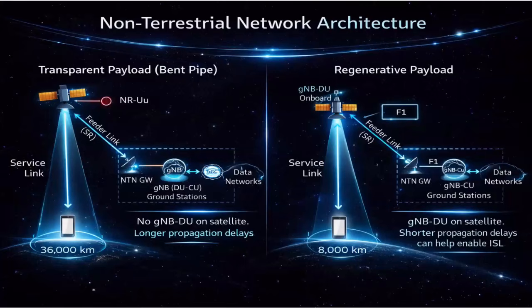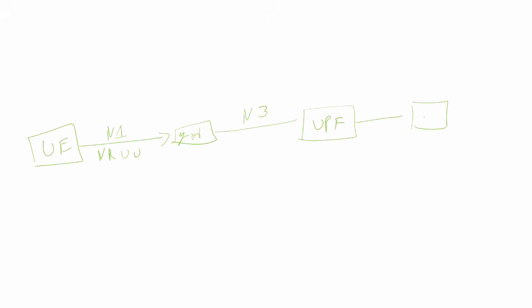Before explaining this figure, let's recall 5G architecture at a high level. You know very well that in 5G we have the UE. The UE is connected to the gNodeB with the help of the NR-Uu interface. Then we have the UPF, which is connected with the help of the N3 interface. Then we have the data network, which is N6. And the gNodeB is connected to the AMF with the help of the N2 interface, right? This you know very well.